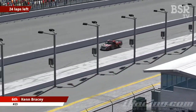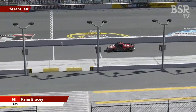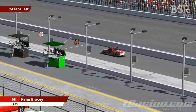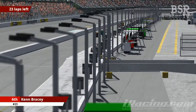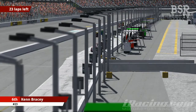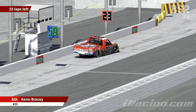He is limited on tyres, but effectively he's not limited on time. He could just get out and have a cup of tea, or go for a KFC, in fact, as this truck suggests, and come back, and he still wouldn't lose any further places, Kyle. No, not at all. He can afford a little bit of a snack break here with just a handful of laps to go if he really wanted to. Can't quite see if the team is throwing any drumsticks or breasts in there, but